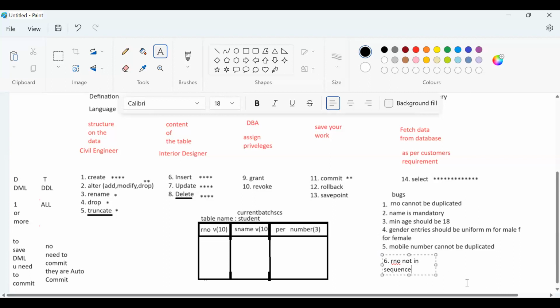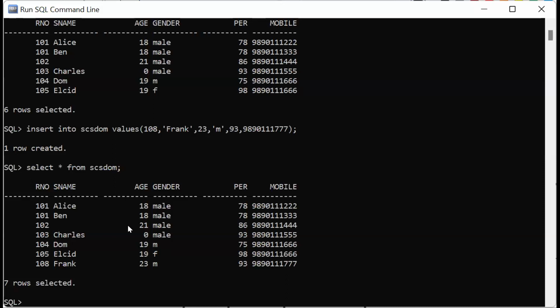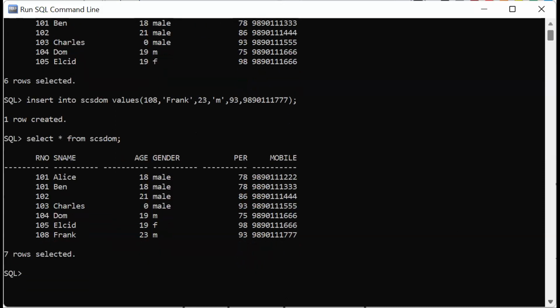So these were all the bugs in the domestic SCS table. So if you are a domestic programmer, you will make such mistakes, and your boss will come up to you and will highlight all the mistakes. So would you like that? Or would you like your boss to give you a thumbs up on day one? That's very good. We hired a very good resource. So now you have to fix all these bugs, and all this bug fixing is done by constraints,